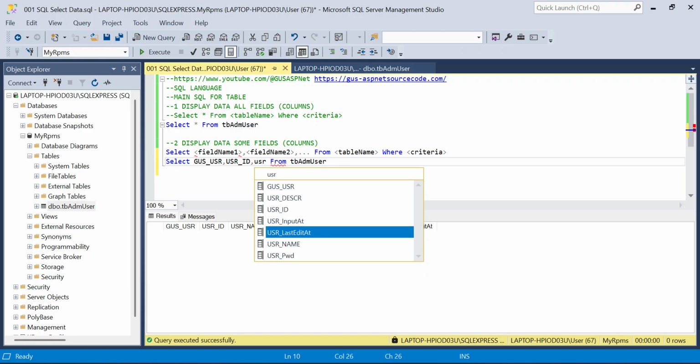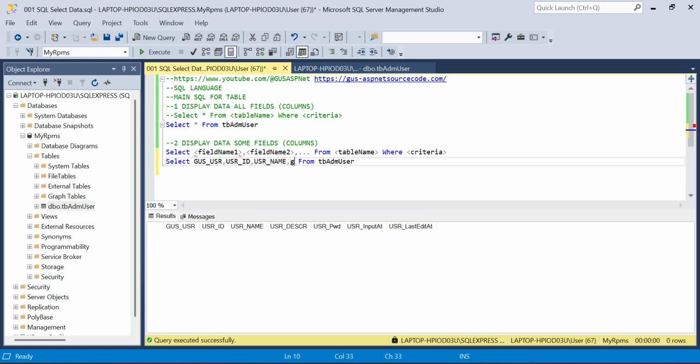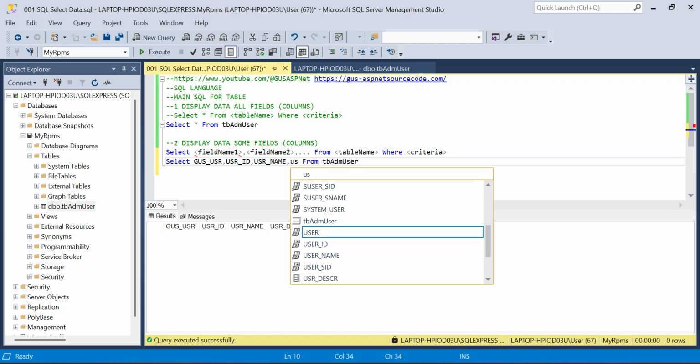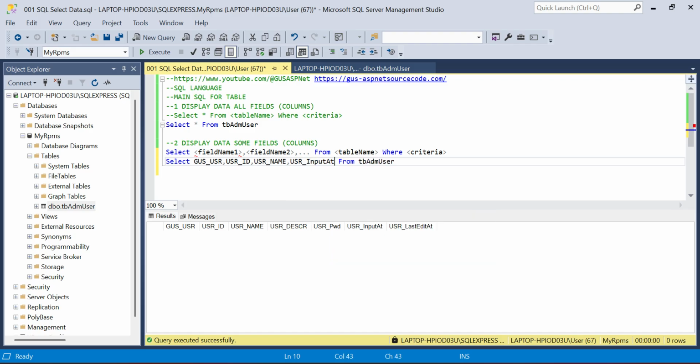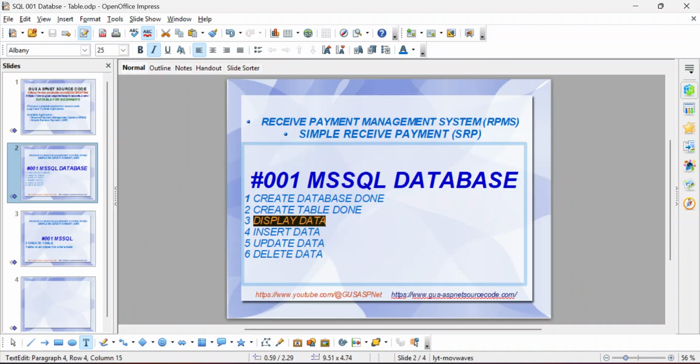For example, I only want to display this field. Okay, you see the difference? This is all columns by asterisk. Now this is some fields. This is very easy. Now let's mark display data as done.